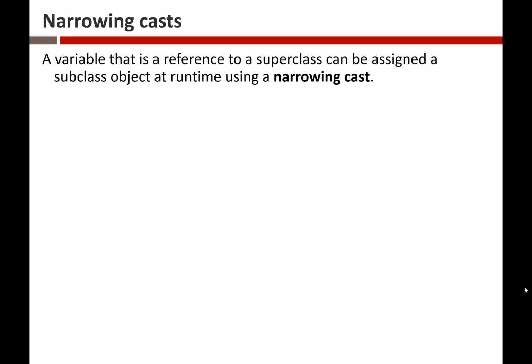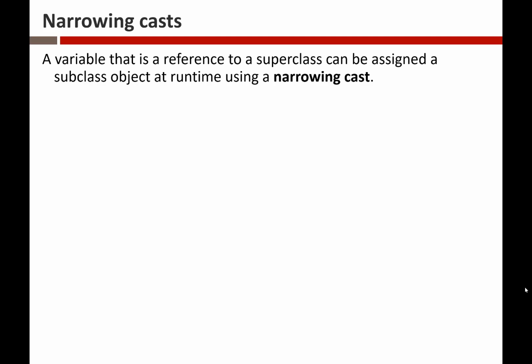Doc1 and doc2 are a reference to a superclass. My sentence says a variable that is a reference to a superclass can be assigned a subclass object at runtime using a narrowing cast. So what that's saying is, I could come back and say